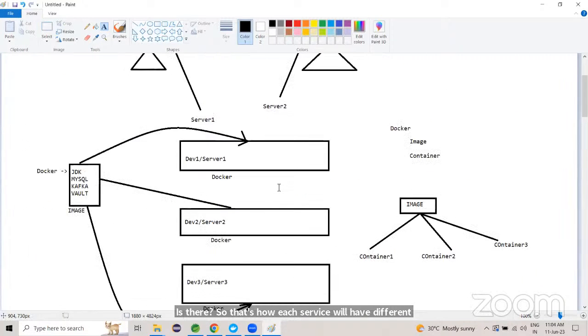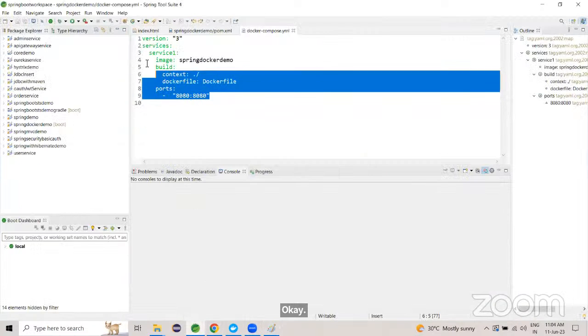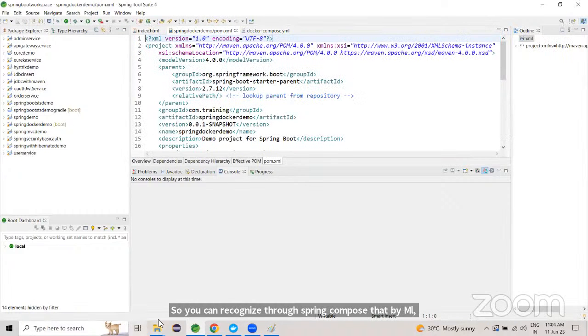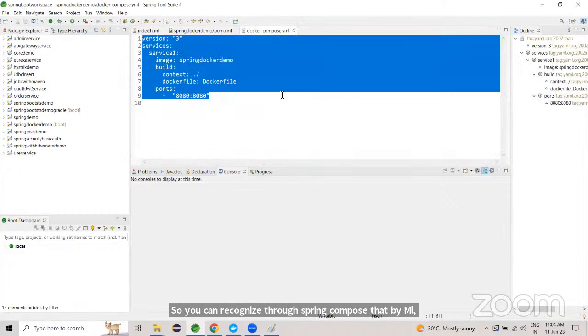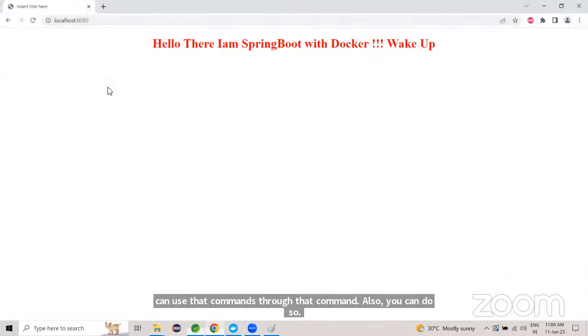Yeah. So this is all about Docker and Dockerizing the Spring Boot application. You can Dockerize through Docker Compose.yml. If you have a single image, you can just use the Dockerfile. You can use those commands, through those commands also you can do it. Suppose you configure everything in a Docker Compose.yml, then with just a single command you can run